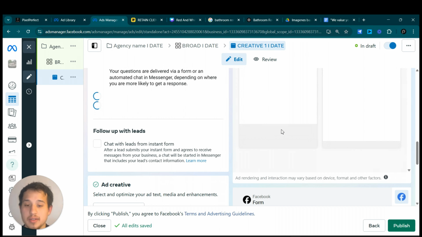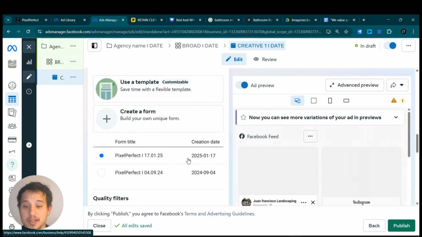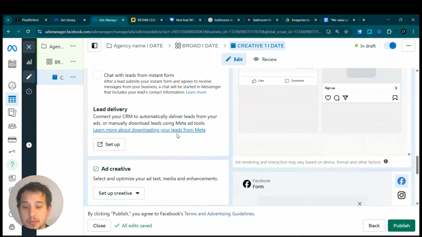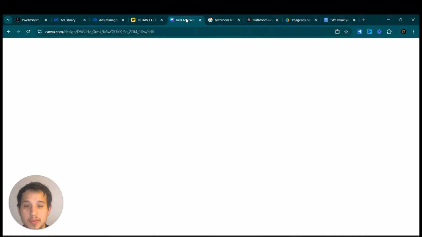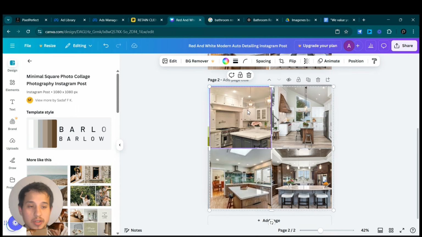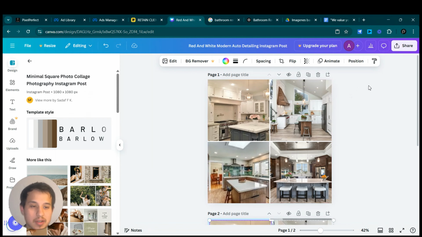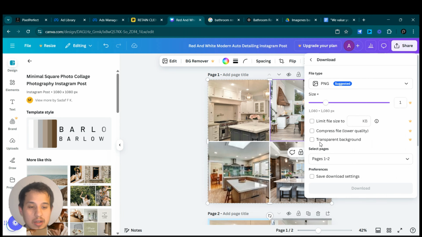Very simple stuff, very simple stuff. If you don't know how to do this, it's not rocket science, right? Then you select the lead form that you're gonna use. And then here you're gonna set up your creative. You're gonna click image ad, right? If you have images. And now what we're gonna do is obviously save the image that we created here. We're just gonna save it, download,